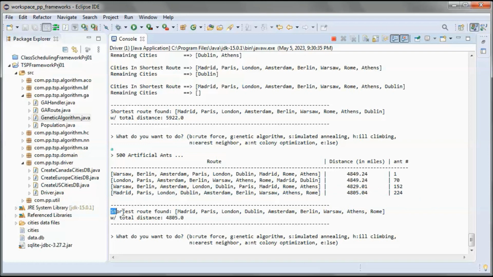So we found this shortest route with this total distance.